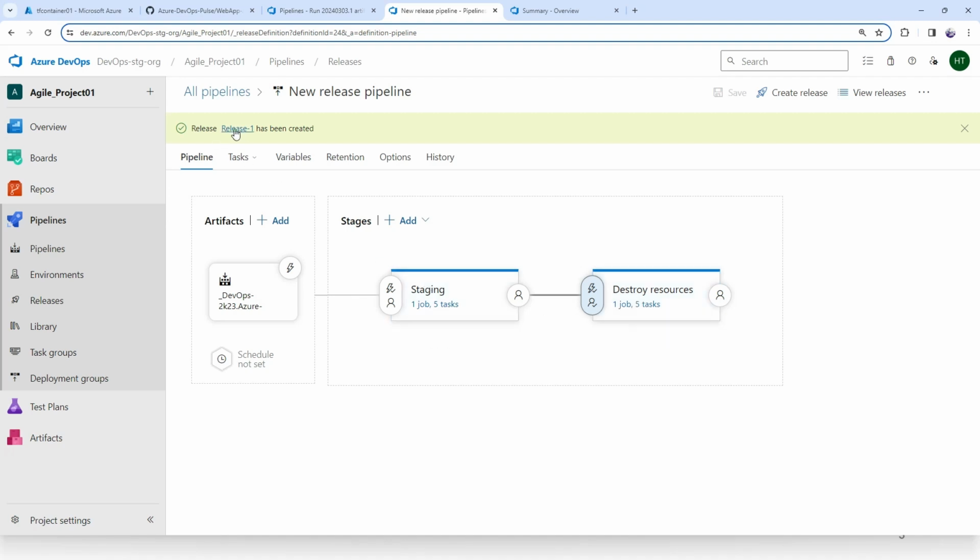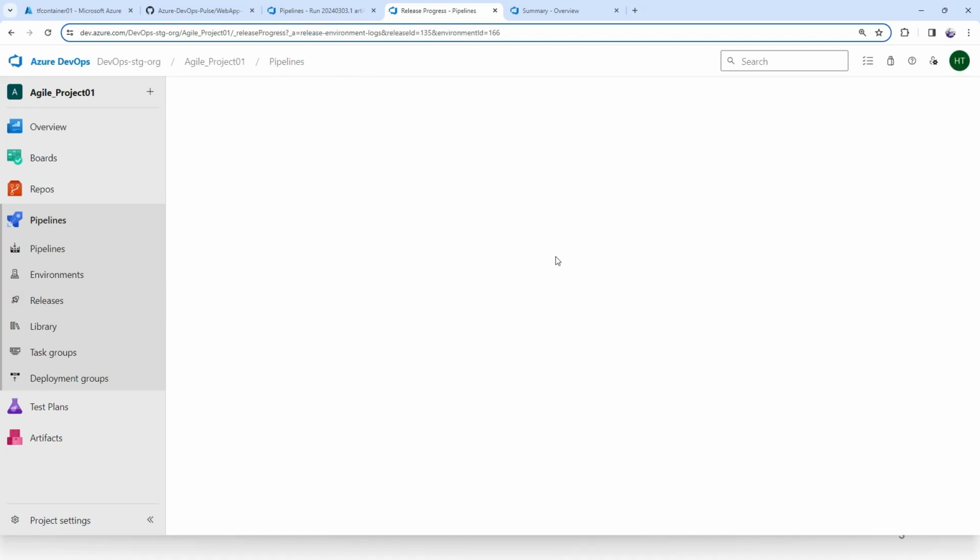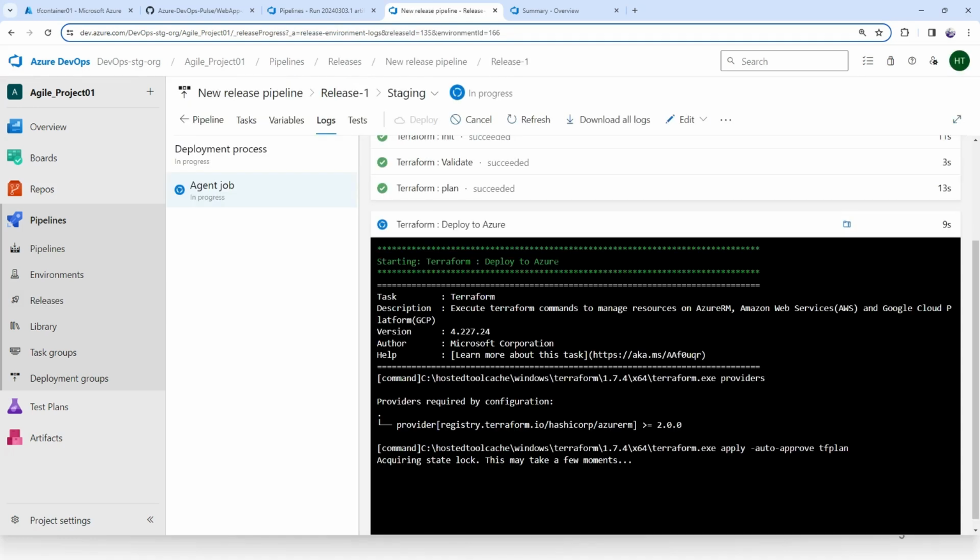Now if you can see here, there is an option called release one. Let me click over there, or you can click here also. If you can see, it's going on. However you want, in my case, let me go here. It will take you to another place. Now you can see here, this will check that everything is good and fine. If you remember,